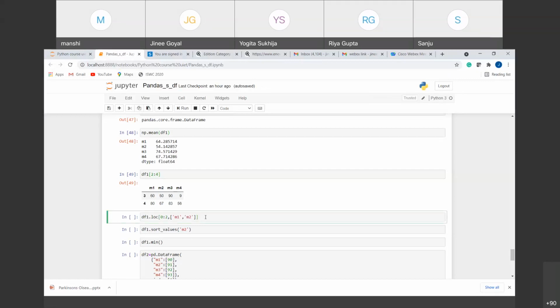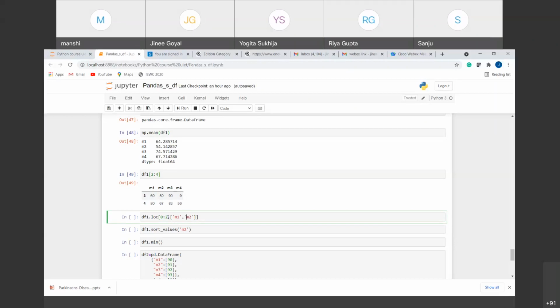So in this way, we can get the rows out of it, right? I have told you how we can get the columns out of it. We have to provide the names. Now I want certain columns, but from certain columns, I don't want the complete column. I want some values out of it, right? Suppose I want only 4 values out of this. How can we do that? Now you can see that a data frame is a combination of rows and columns, right? Indexes and columns. Indexes and columns are separated by a comma here, right? Before the comma it is indexing, and after the comma it is columns.